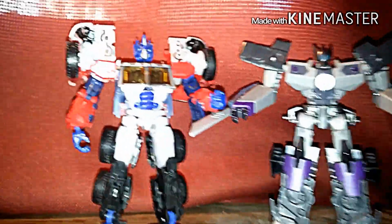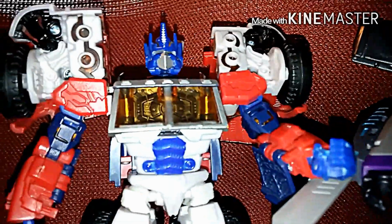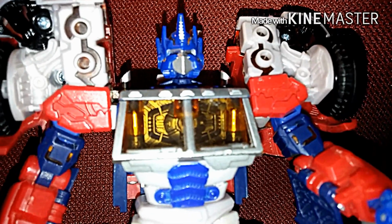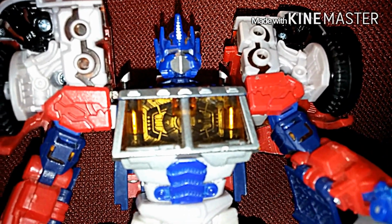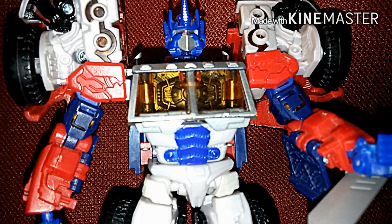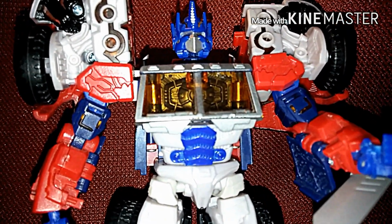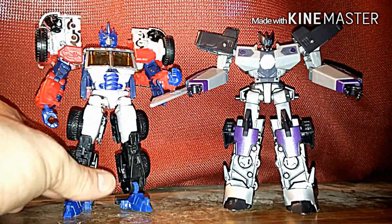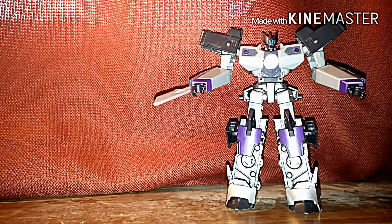Hold on, I just noticed something really cool about Optimus. Even though this is concentrating on Megatronus, somebody had already advised that he does have a matrix implanted inside his chest. That's actually kind of cool. I knew it was there, but I just never paid attention. But anyway, that's